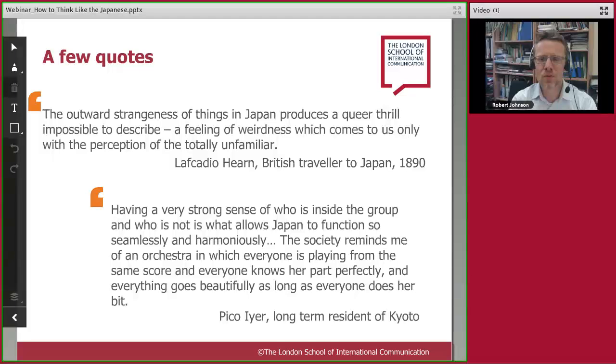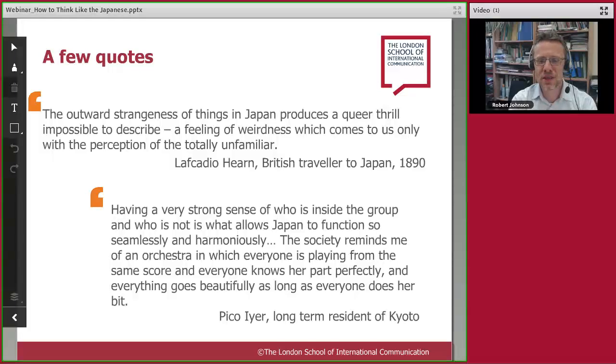And what we get when we experience Japan is a strong sense of who is inside the group and who is not. And this is what allows Japan to function so seamlessly and harmoniously. When you see the transport system, when you see how things work in business like clockwork,